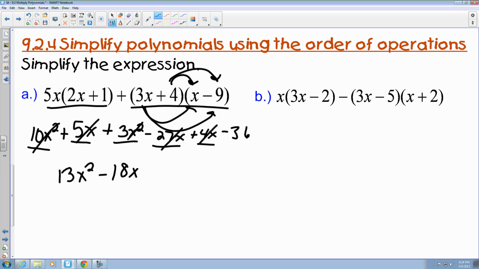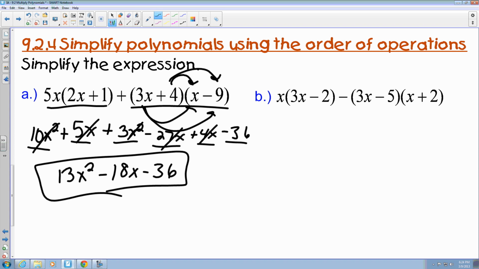Cross those out. And I have nothing else here, so I'm just going to write it in as is. So the simplified expression will be written like this. And then for b,